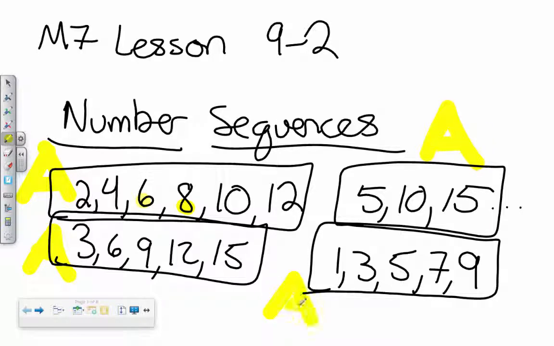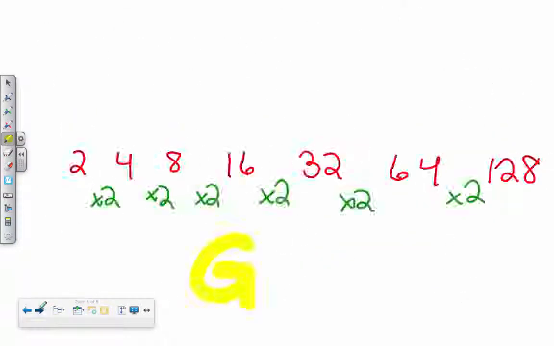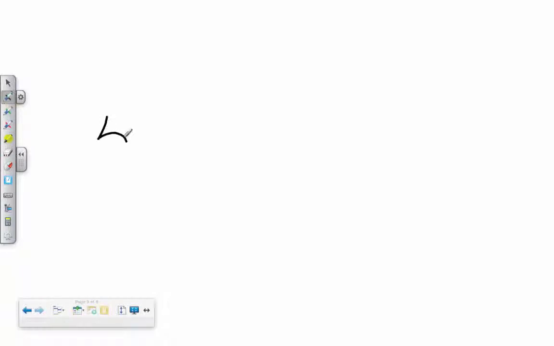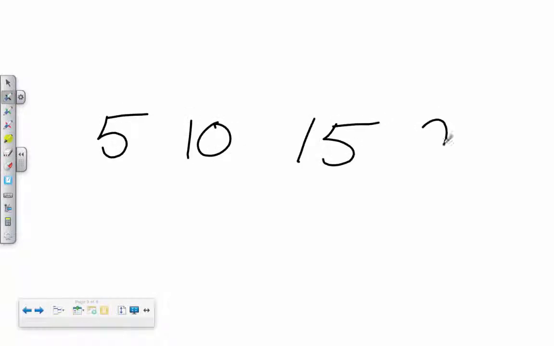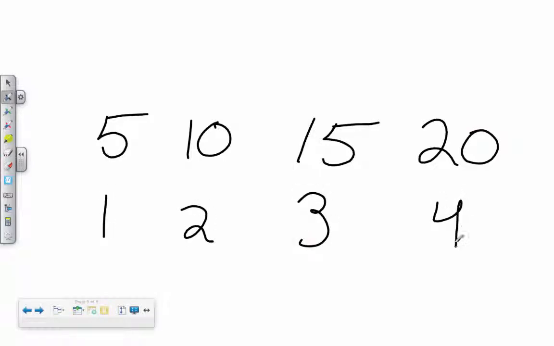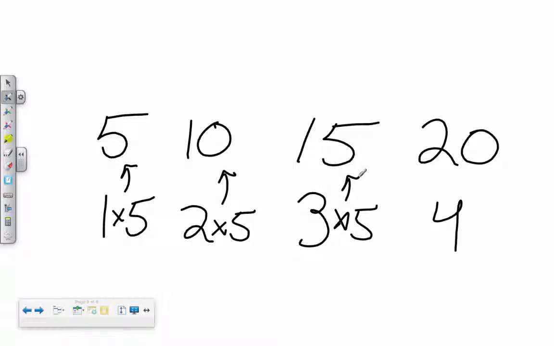Now, 5, 10, 15, 20, that's an interesting one. I'm going to take a look at that one real quick, and then we are going to be done. That could be both. Let's call this part 1, 2, 3, and 4. I'm adding 5 each time. Would you agree that I'm adding 5 each time? But could you also say that I'm taking the place it is in the sequence and multiplying that by 5? 1 times 5, 5. 2 times 5, 10. 3 times 5, 15. 4 times 5, 20. So this one can actually be construed, which means looked at both ways.